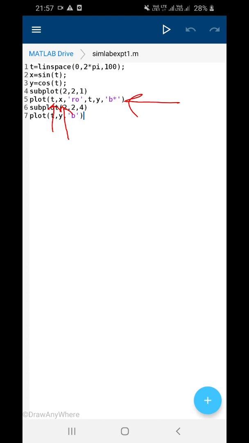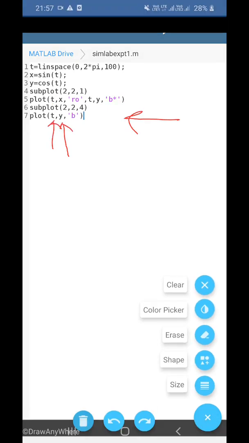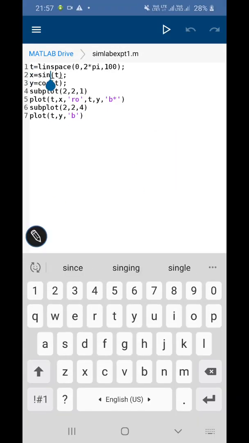For simplification you can even name it z, so that you do not get confused. And what does ro represent? It means you want this plot in red color, and o means it will be in the form of circles.